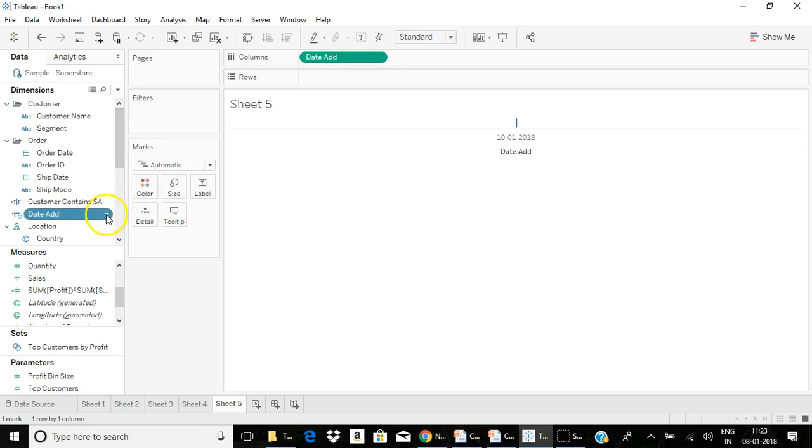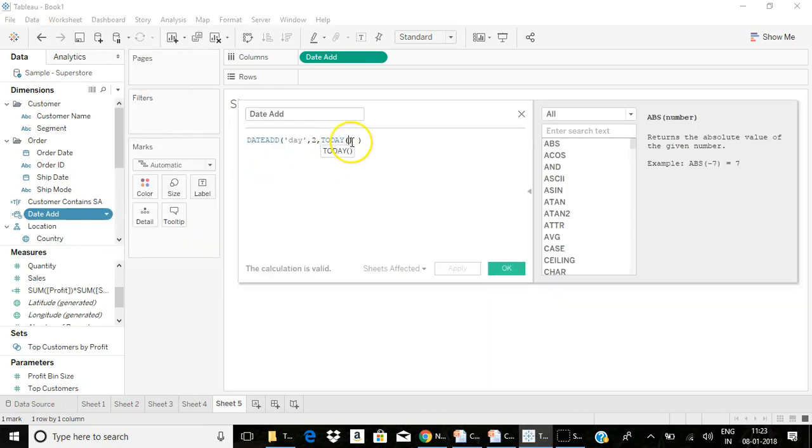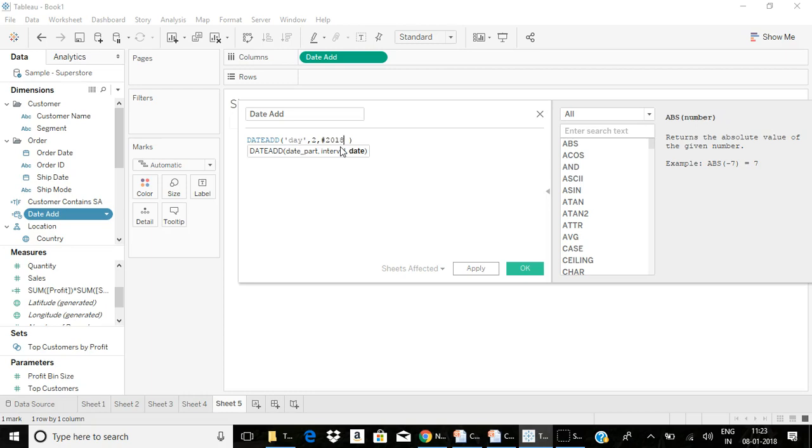Date add functions are used to add or subtract from particular dates. So instead of today, if I want to give a particular date, then it should be within hash symbols, hash 2018-01-08 hash. If you want to give a date field, then you can give order date.